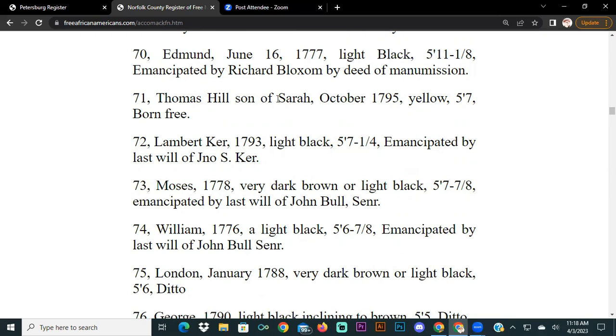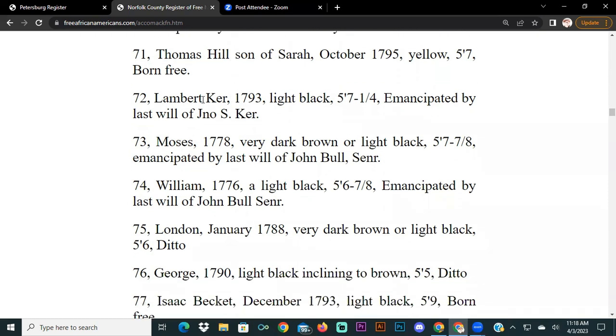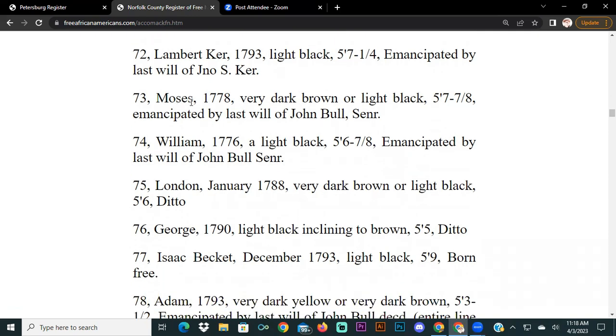Next is Thomas Hill, son of Sarah, born October 1795. Yellow, 5'7", born free. Next we got Lambert Kerr, born 1793, light black, 5'7" and 1/4, emancipated by the last will of John S. Kerr. Alright. Next we have Moses. Again, same surname up here with these Kerrs. Alright, Moses, born 1778, very dark brown or light black, 5'7" and 7/8, emancipated by the last will of John